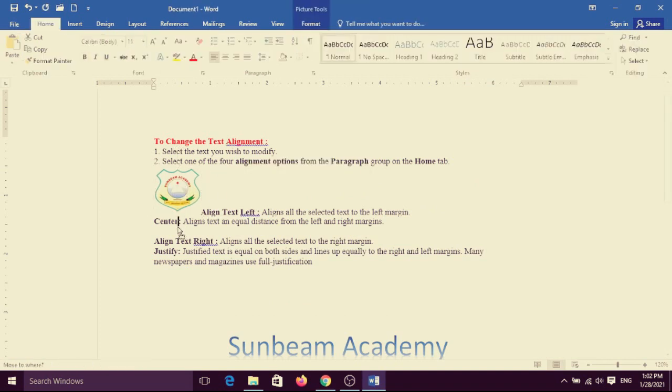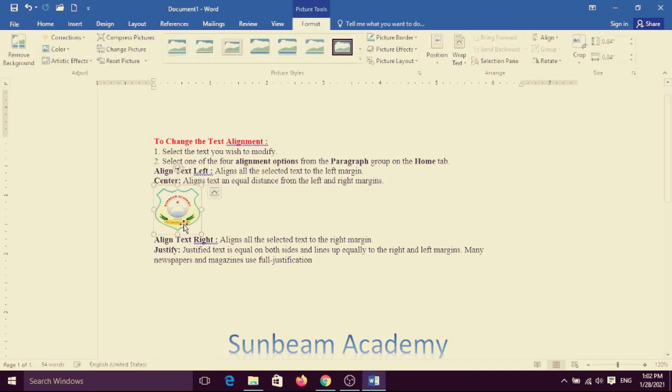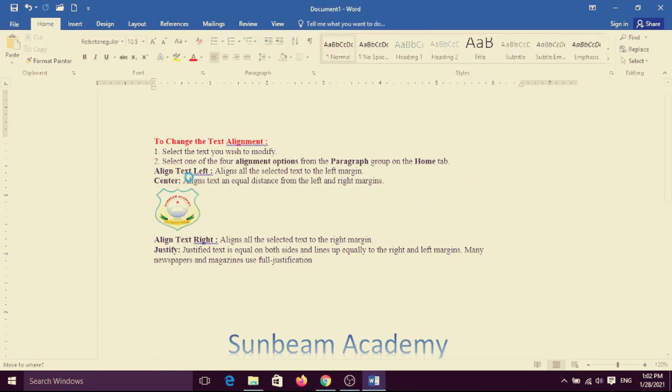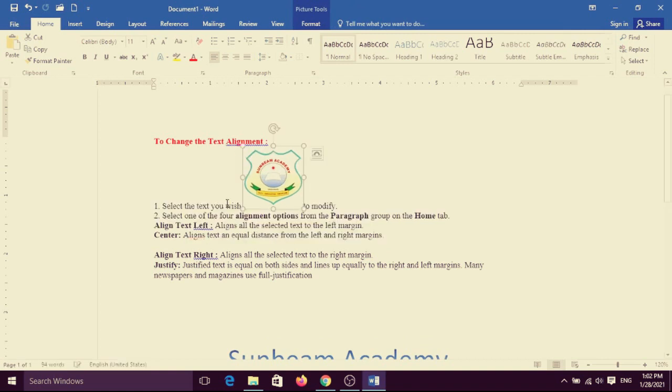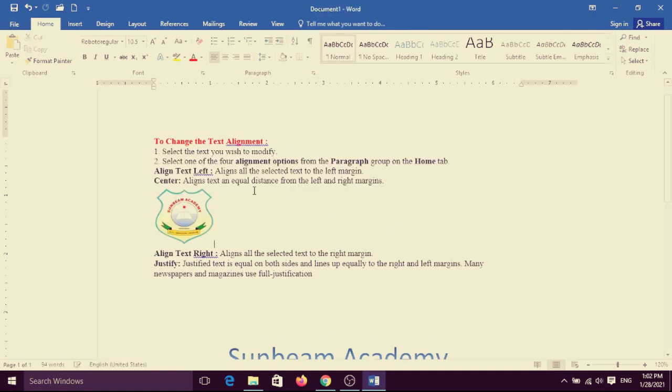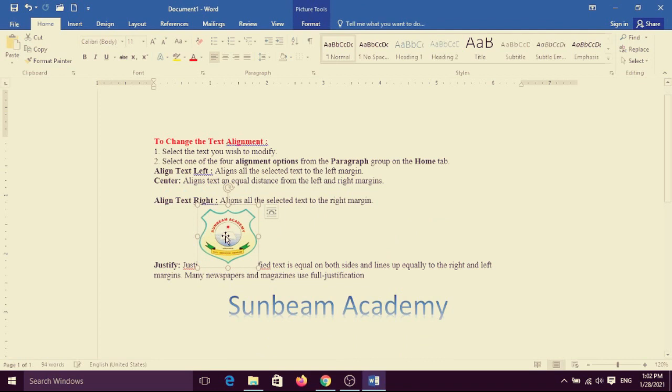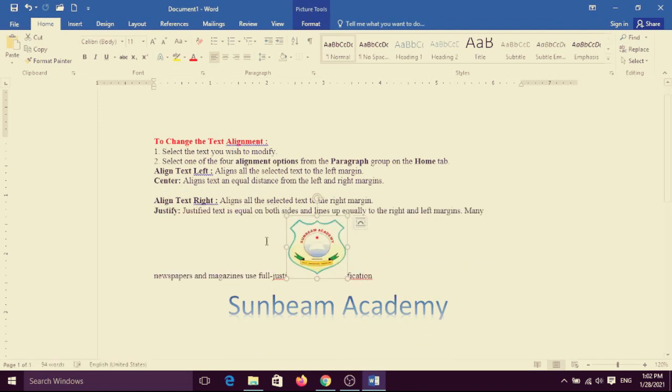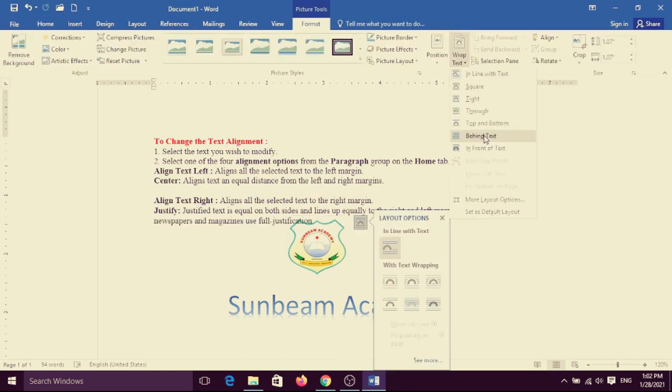Yes, now it is in line with text. When you have to select, see, it is inline. You can insert inline from here, or you can add from this side. See, your text is automatically selected. When you click on this side or that side, it is selected. If you click here, there are options like in front of the text and behind the text. First I have to choose in front of the text.